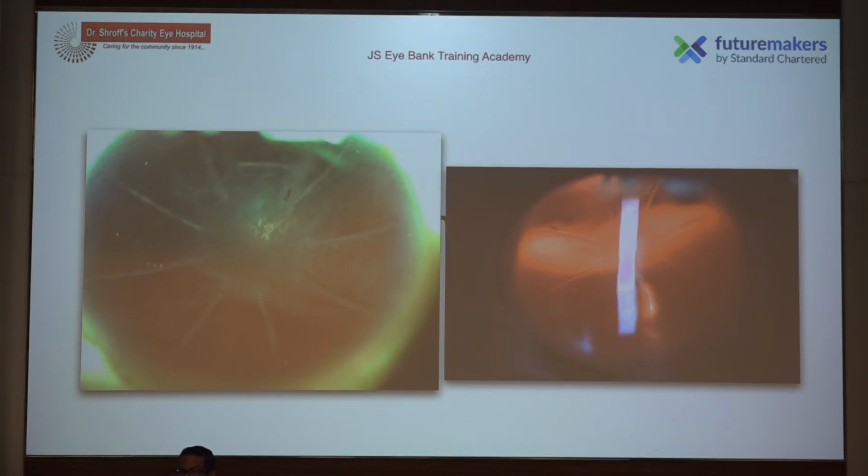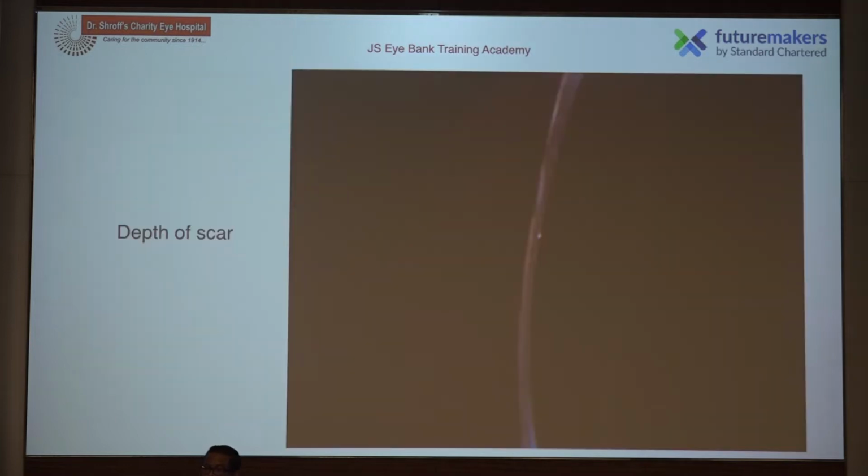Most of these findings are best seen when you're doing it more like a coaxial retroillumination. Here, retro is not going to come from the fundus globe, but from the media. It usually looks like this only. So it looks pretty good. So sometimes there is a scar which is there.